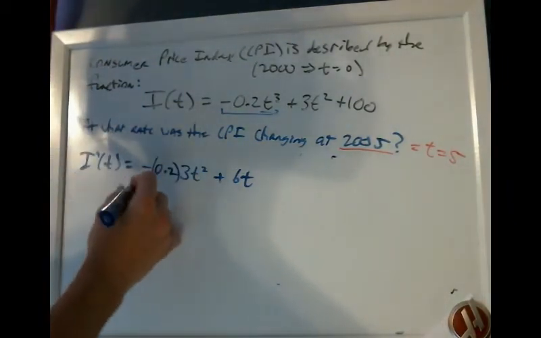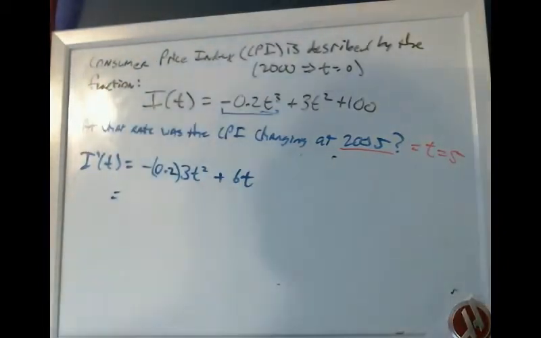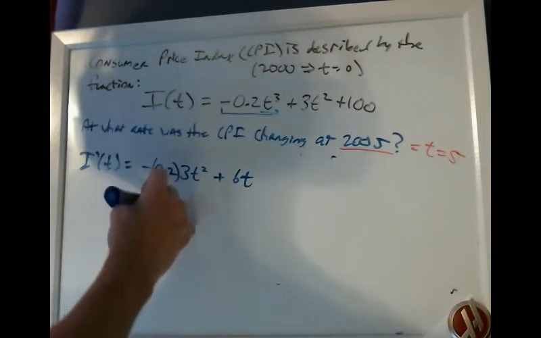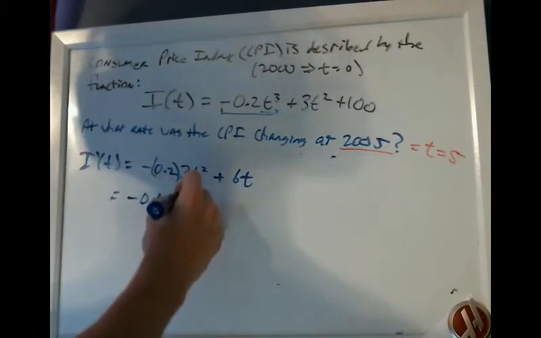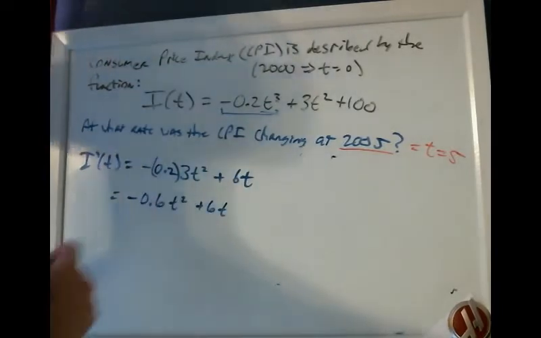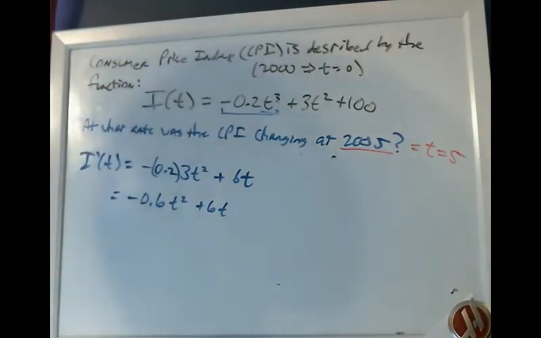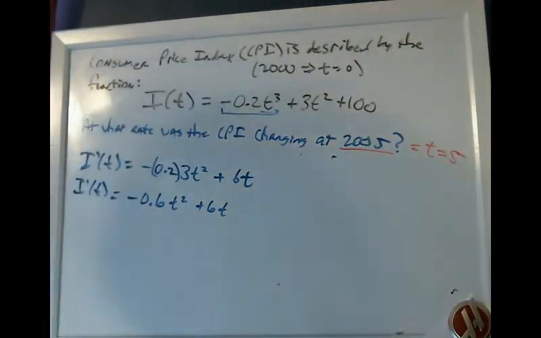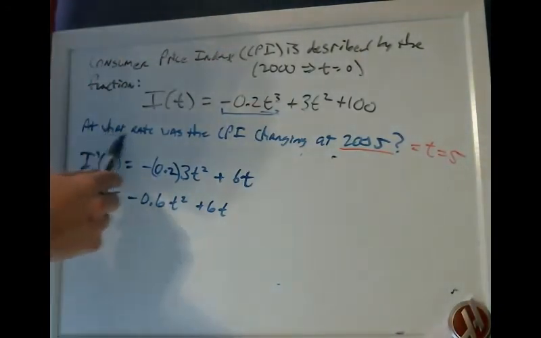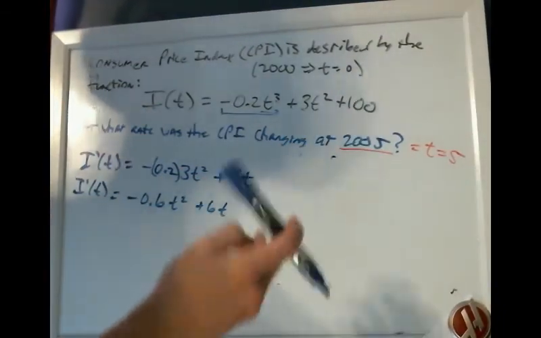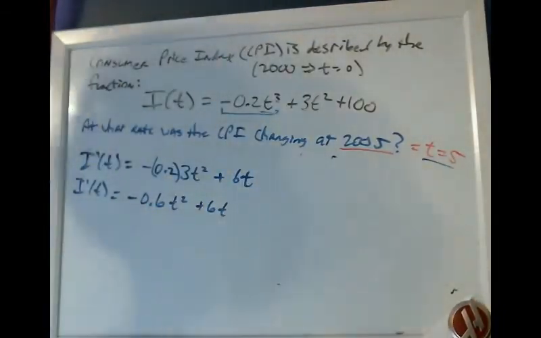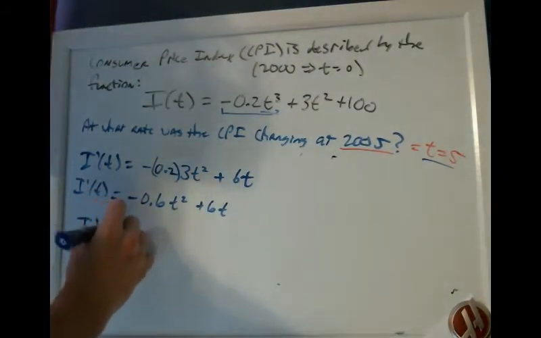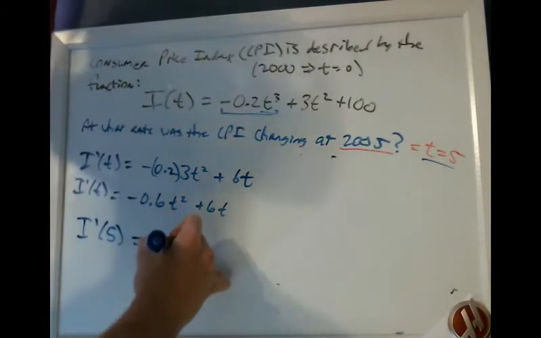Simplifying this, we get 0.2 times 3 is going to be 0.6, so negative 0.6 t squared plus 6t. And that is going to be the derivative, I prime t. So we found the derivative, and it says at what rate was it changing at 2005, which we know to be t equals 5. All we're doing here is plugging in 5 into our derivative, I prime of 5, which is just like this,